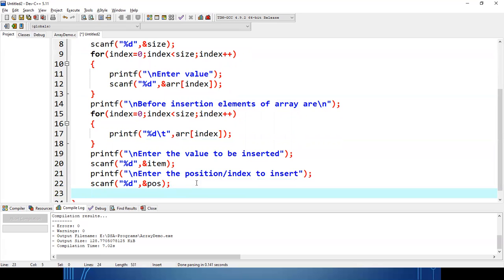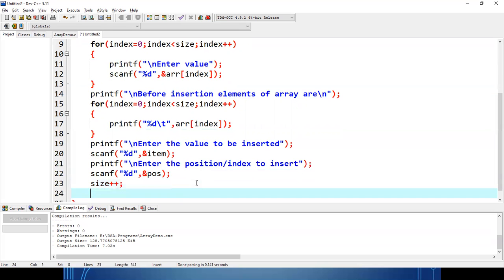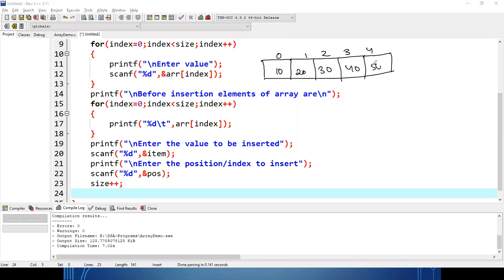Now, what we have discussed is that whenever you want to add a new element, first of all, you have to increment the size variable by 1 so that one space will be created. Okay. So let us do some rough work so that you can understand what we have done till now. Clear? So here one array we have previously declared. Suppose array size was previously 5. Now I have 10, 20, 30, 40, 50. These are the values I have stored. So this is 1000. The memory locations will be 1004, 8, 12, and 16.